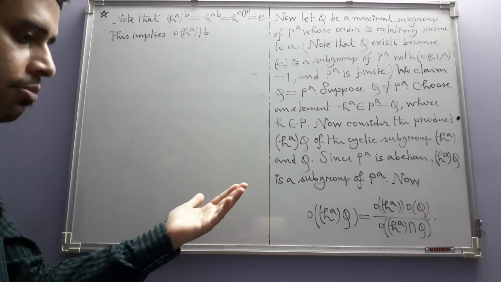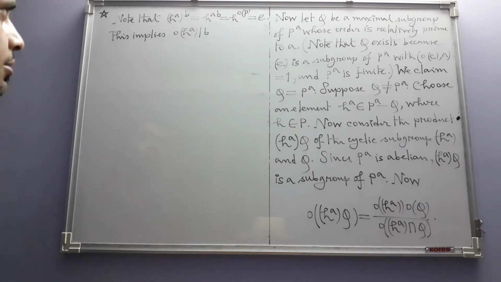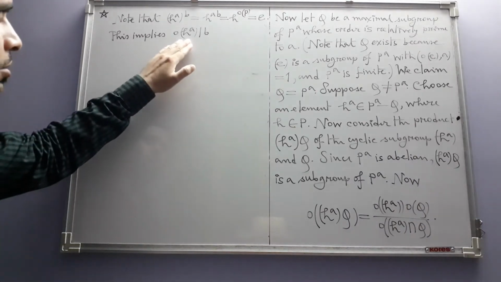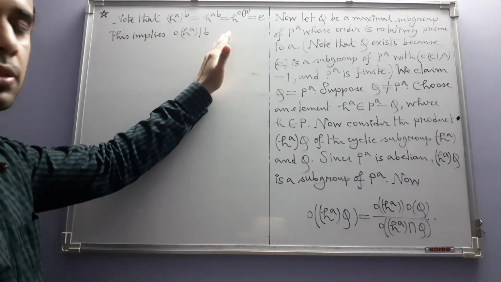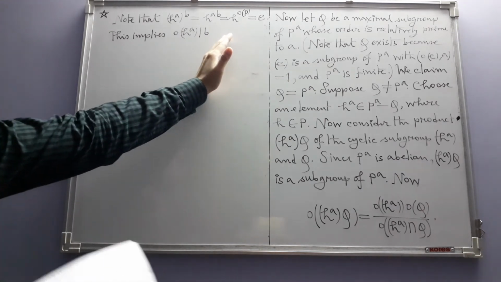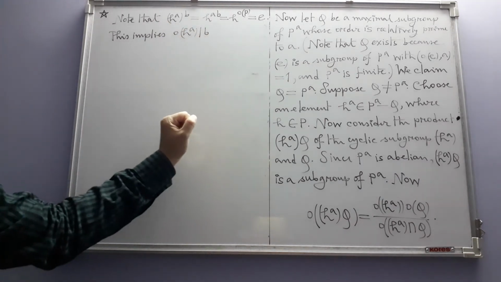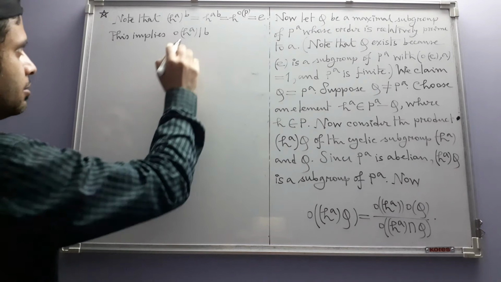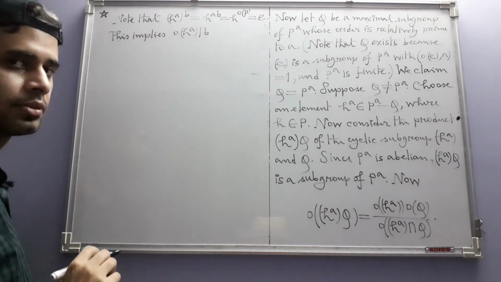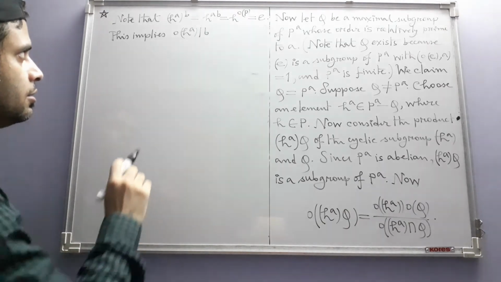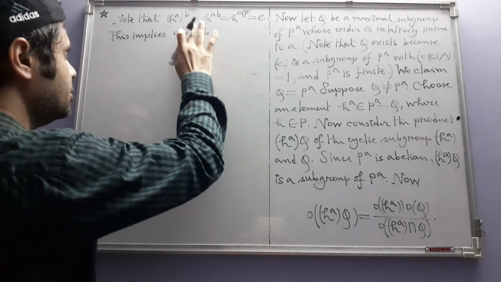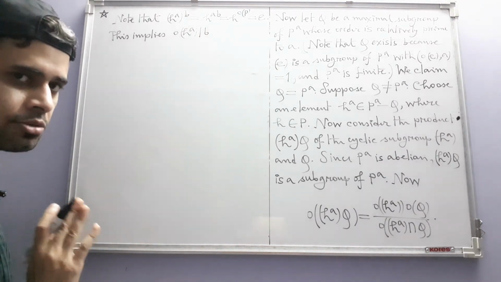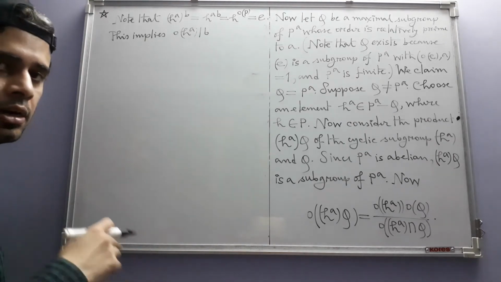If it is greater than 1, then it's a positive integer greater than 1. So by the fundamental theorem of arithmetic, it will have a prime divisor. That prime divisor divides b. Since a and b are relatively prime, that prime divisor cannot divide a, because then the GCD cannot be 1. So that's why this cannot divide a if it is not equal to 1. So in any case this positive integer will be relatively prime to a. Either it is equal to 1, or if it is not 1, then it does not divide a.